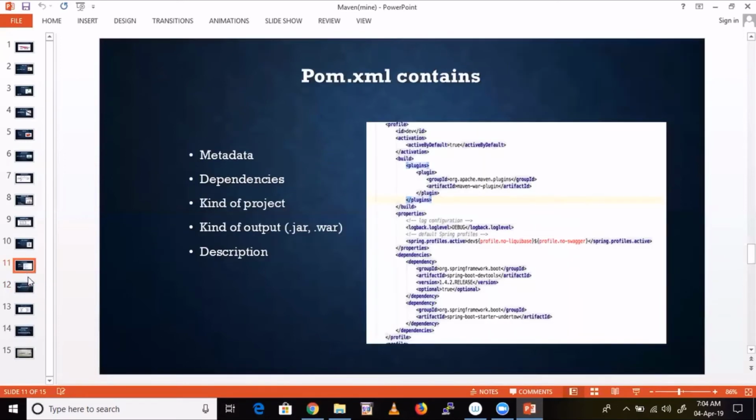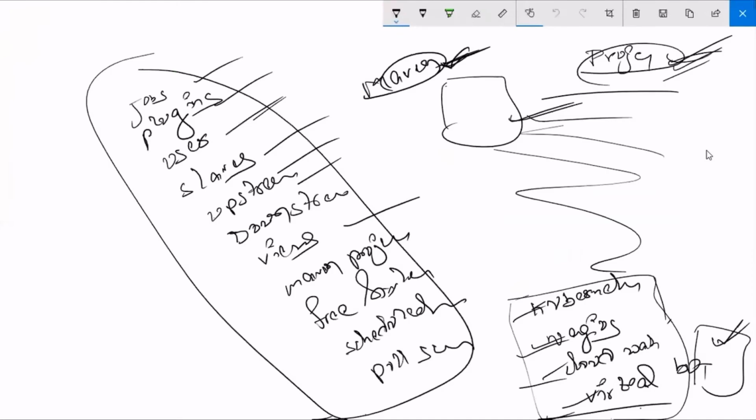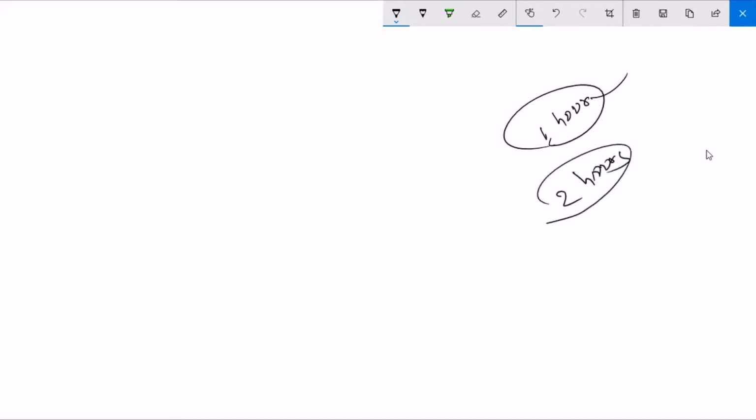A few more slides are there, three more slides that we are going to see tomorrow. And one more thing, I told you that tomorrow we are going to see the project. I cannot finish the project in 1 hour, guys. I need minimum 2 hours in one stretch, because I'm going to remove everything, in fact I'm going to remove Jenkins as well, everything from my laptop.